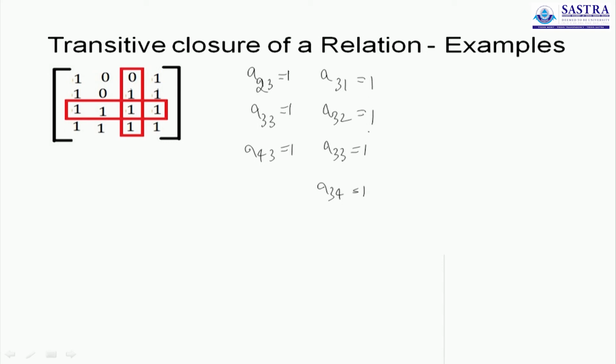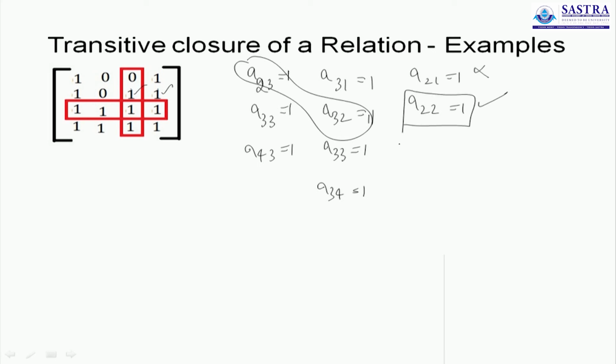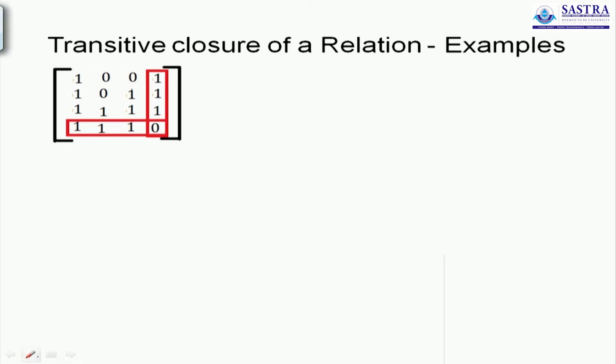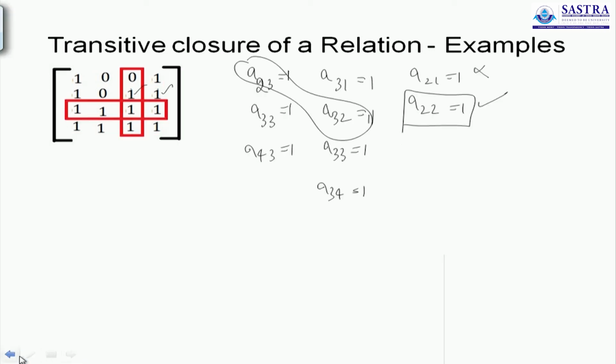Now comparing, you will see that A21 is a 1, that's already a 1, you don't have to change that. A22 will be a 1 when you compare both these, that will be a change you will incorporate. A23 is a 1, you have it. A24 is a 1, you already have it. You don't have to check the third row and the fourth row. So you will implement only one change in the second row and second column of the matrix. That's what you have in the last. A23 and 32 is a 1.